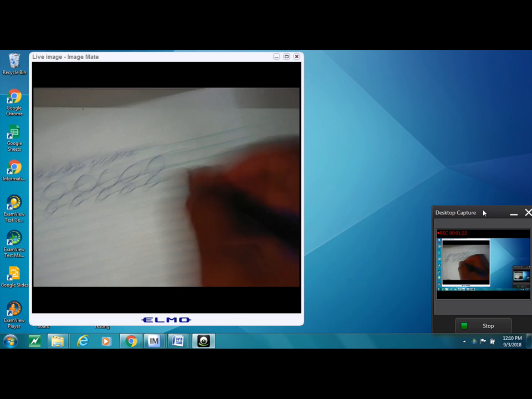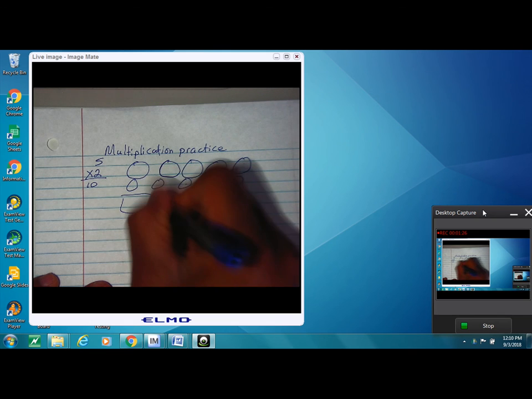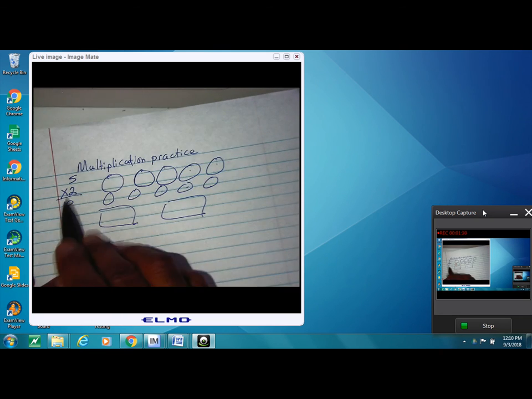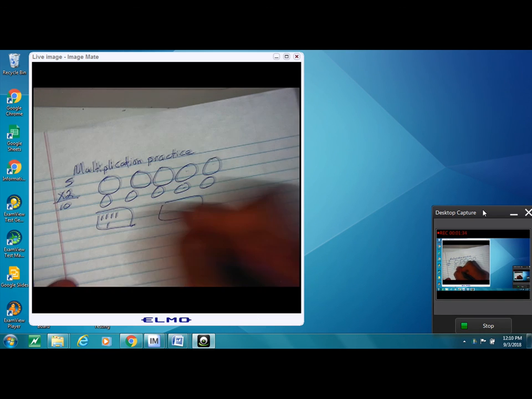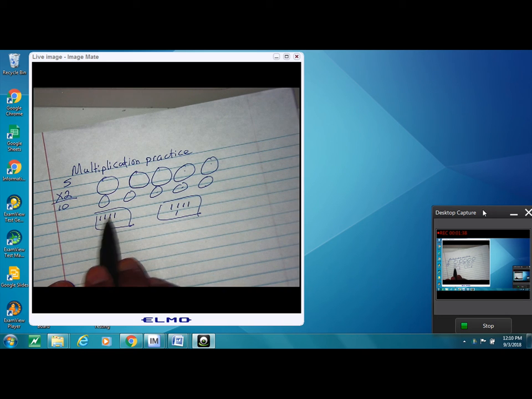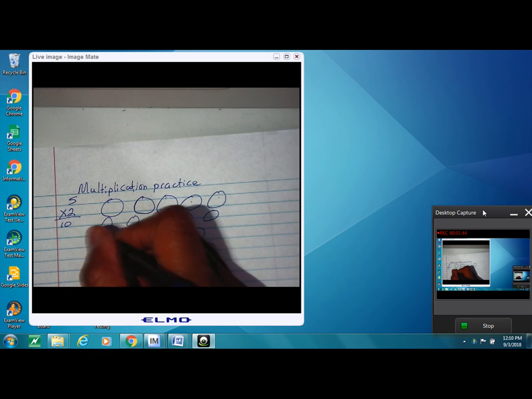Or, here's one group, and here's the second group. There are 2 groups, and we're going to put 5 in each one. 1, 2, 3, 4, 5. 1, 2, 3, 4, 5. That's 10. Now, that's 2 different things I did to get my